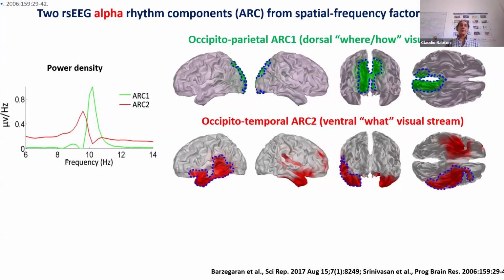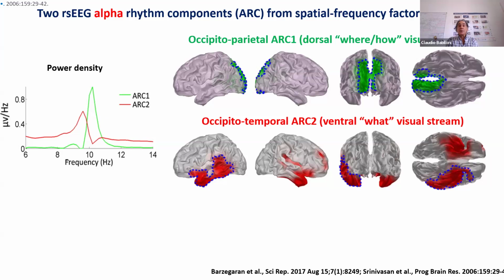And they mainly reflect the parietal occipital and occipital temporal visual transformation pathways. But this dominance of visual alpha rhythms should be considered together